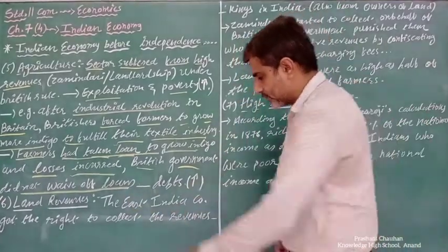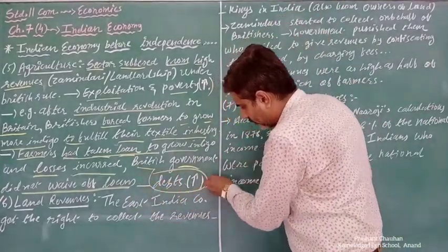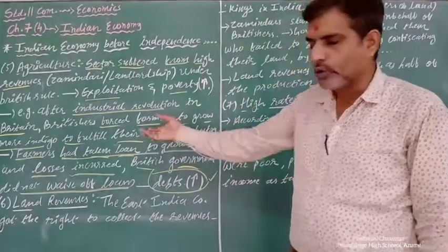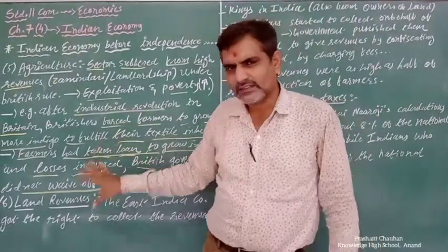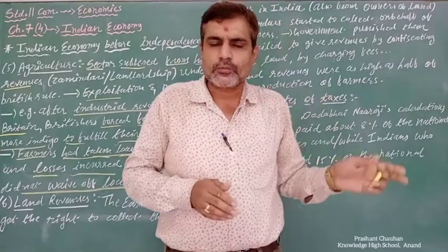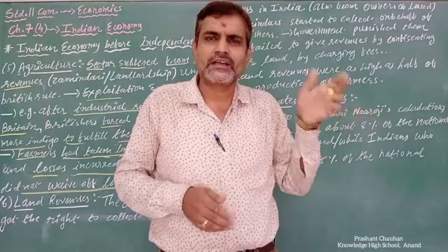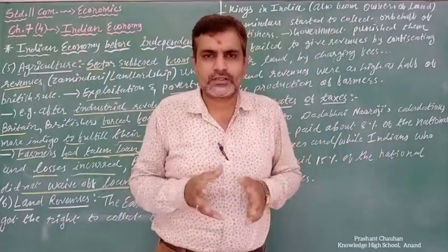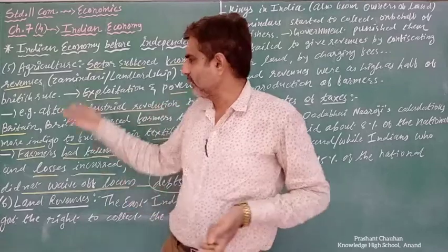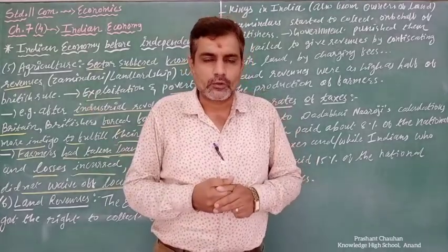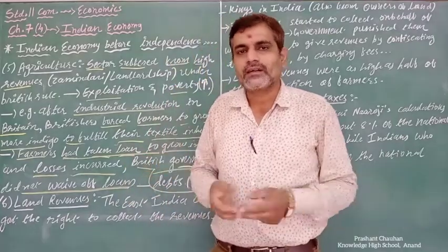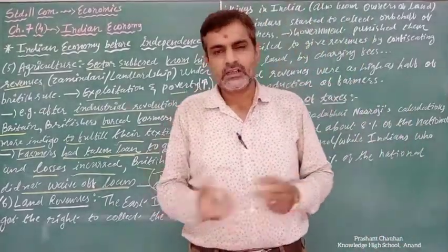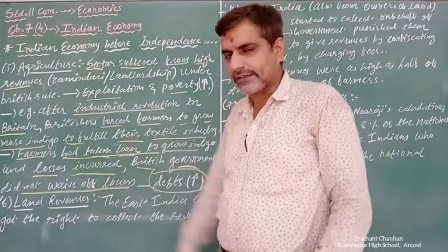So total debts, this is the main thing, total debts of the farmers were increasing year by year because of the loans and losses, right? So the simple thing is that for indigo growing they are taking loans from the government, loans from the banks, financial institutions. At that time some of the lenders were there, right, and after making that particular crop, indigo, they have to export, right, through the zamindars. So sometimes they are not getting more output in the money sense. सिंपल दे आर अंडर लॉस. वो लॉस में आ जाते थे, बाय डिफॉल्ट उनका डेट बढ़ जाता था. तो सिंपली एट दैट टाइम दैट वाज वेरी क्रूशियल फॉर द एग्रीकल्चर सेक्टर.